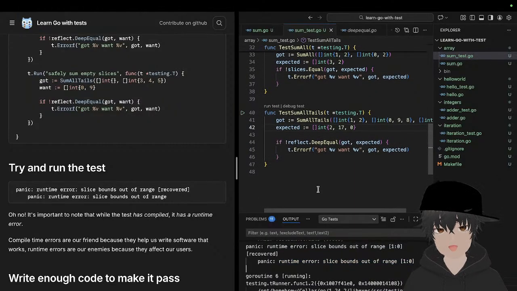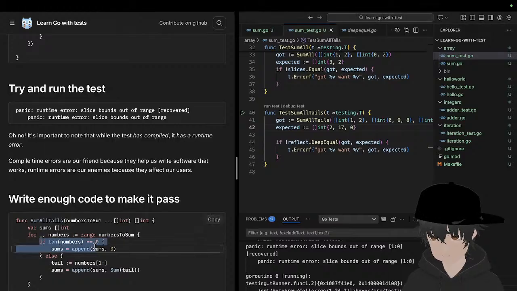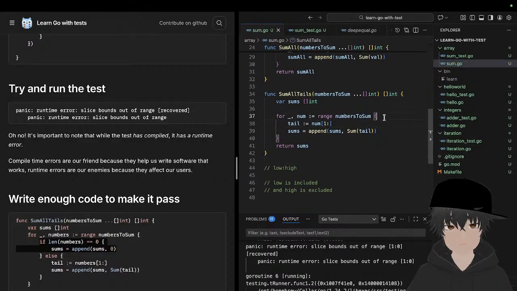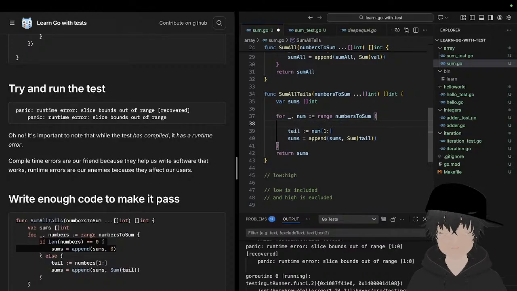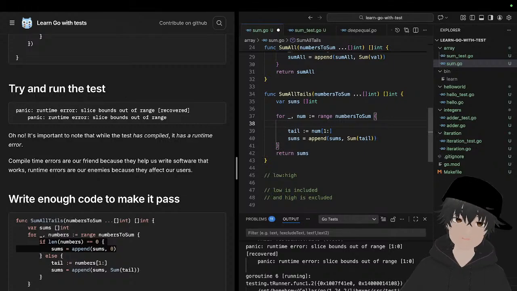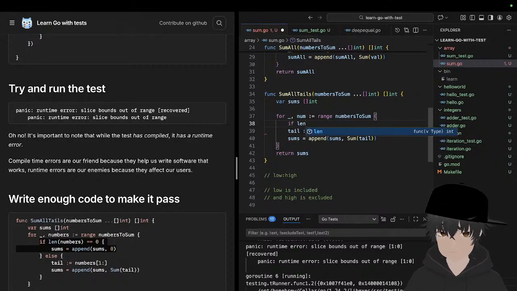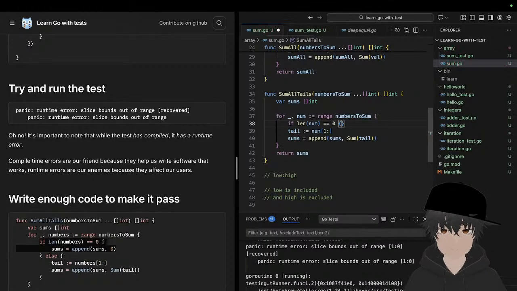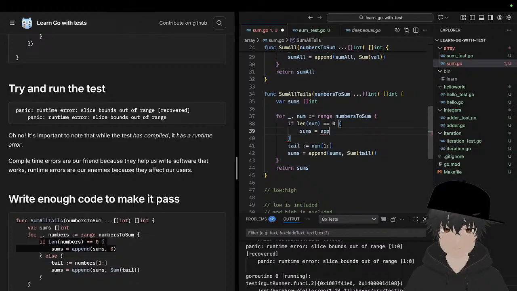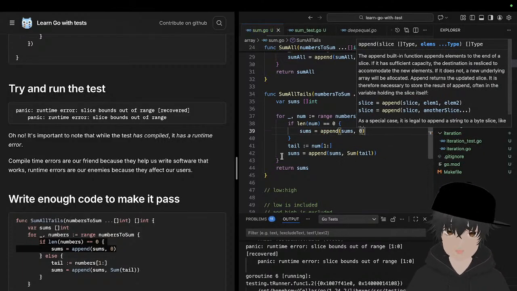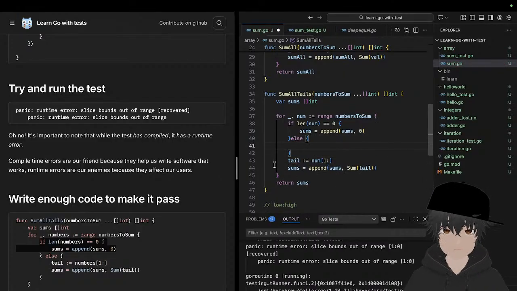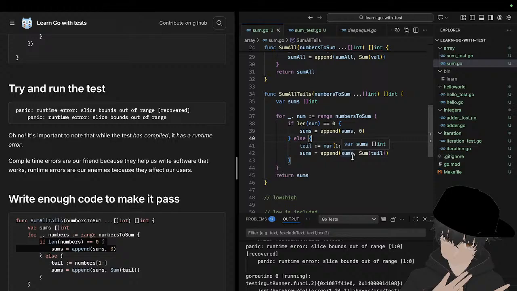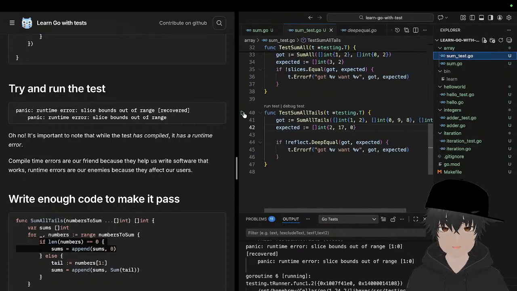So we can add, if the length is equal to 0, just return 0. Here, in the for loop, because it is inside the for. So if the length of num equals 0, we need to just return sums equal to append sums and 0, because we don't have anything. And then we can do the else part into that one, like that. And now if we go again and run this test again,